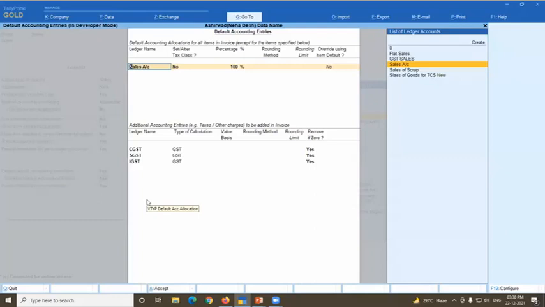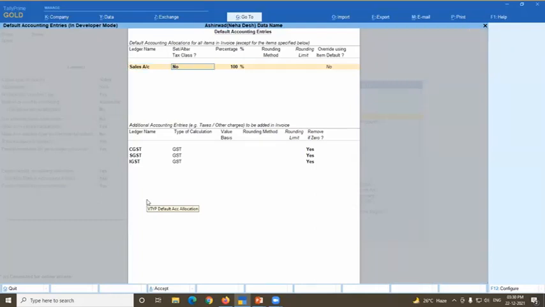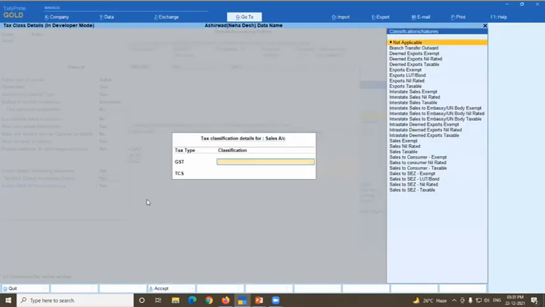Now see, I'm selecting here sales ledger. What is the sales ledger? Then set tax class. Suppose you know about it is interstate or intrastate. You can put here yes, and you can default set here taxable or interstate taxable. Okay, that is your choice.